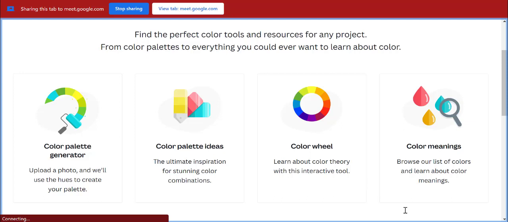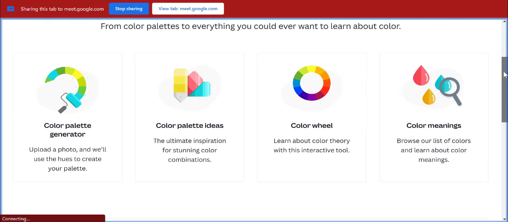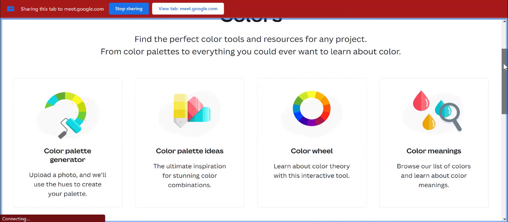Okay, so yesterday we spoke about colors. We're still on the subject of colors, and I showed you guys the color wheel. Showed you guys how you could actually learn how to combine colors. And I said this Canva resource is a very useful resource to you as a designer, and also both